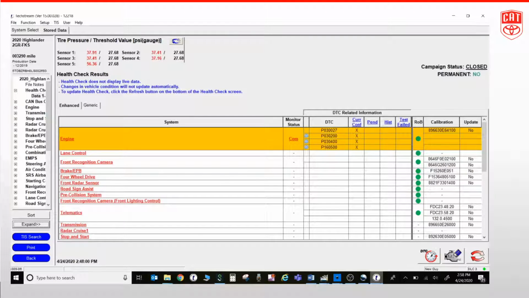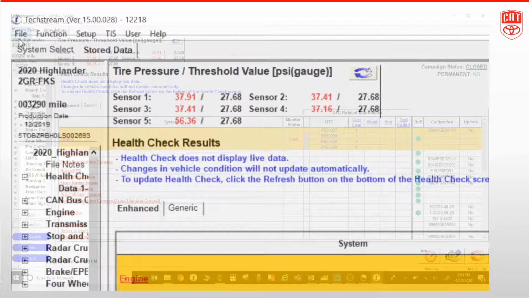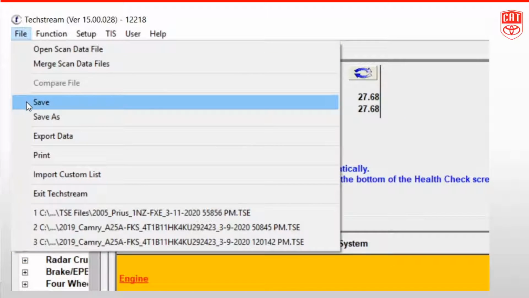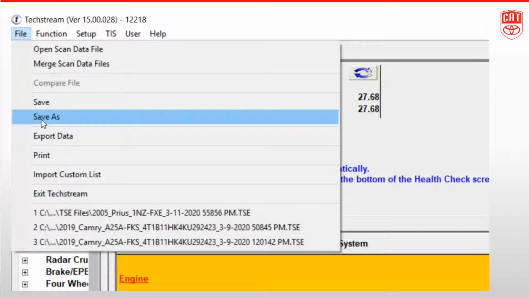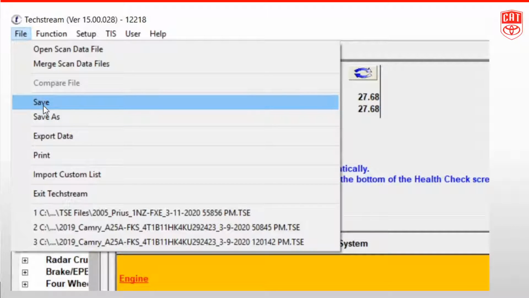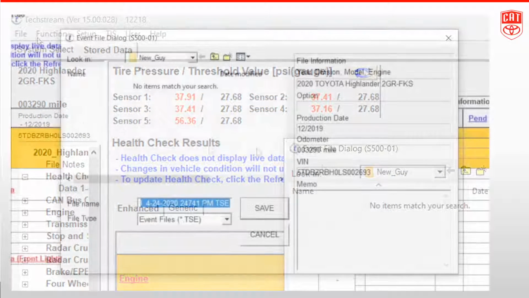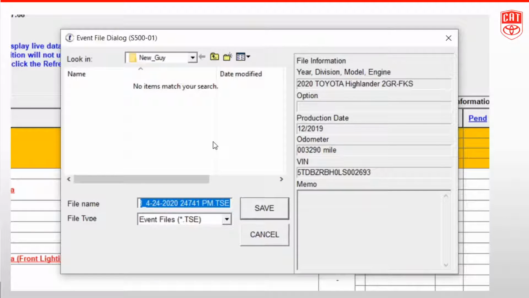Okay, now that we've done our health check and we have our stored data, the last thing we have to do before we exit is to go up to File and then Save or Save As. If you click Save, it'll ask you where you want to save it to. So in this case here, from our new user that we set up, new guy, we're going to save it